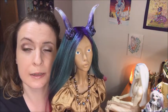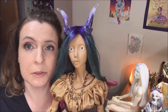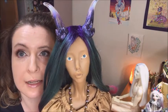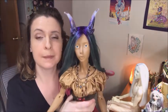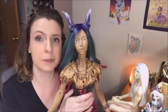This was a pair of 10mm blue eyes. They have 5mm irises, and I really like the iris size. This is a really nice iris size for her. And I'm still working out what I want to do with her. Obviously she doesn't even have a face-up,